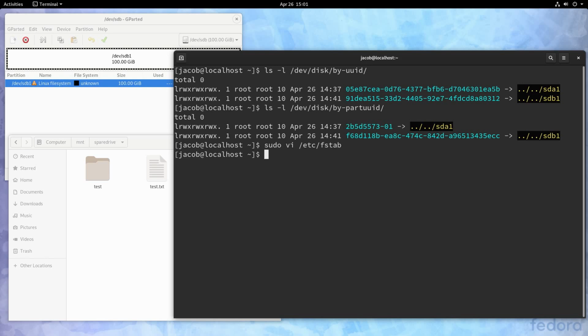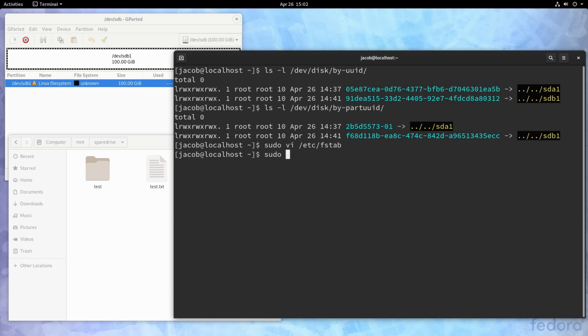Now, if your fstab is not valid, if the syntax in there is messed up, that will keep the system from booting. So it's a good idea to check that the fstab is working before you reboot. In order to do that, I'm going to unmount this partition manually first. Then we're going to ask the mount command to read our fstab file and mount everything that's in it. So if the partition is remounted successfully, we'll know our fstab is good.